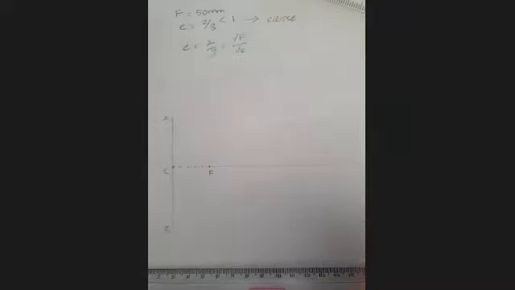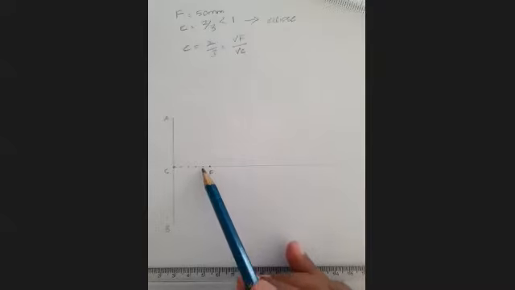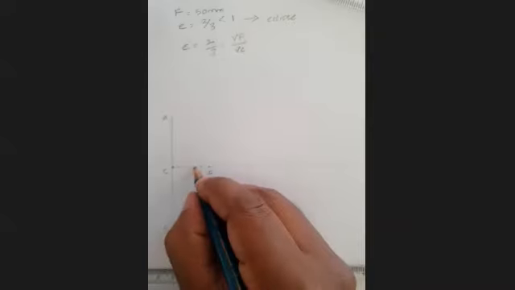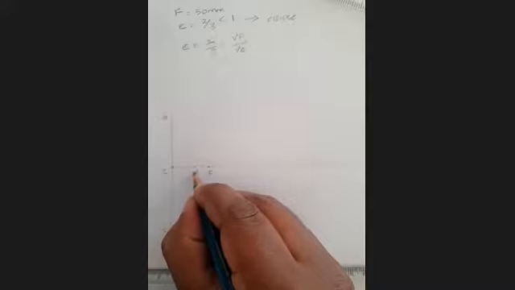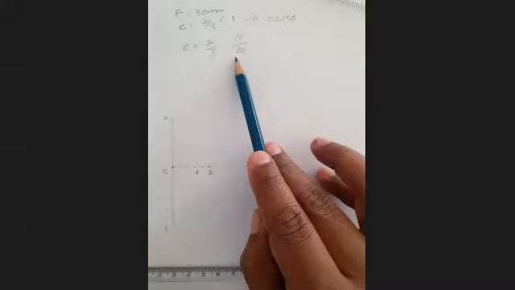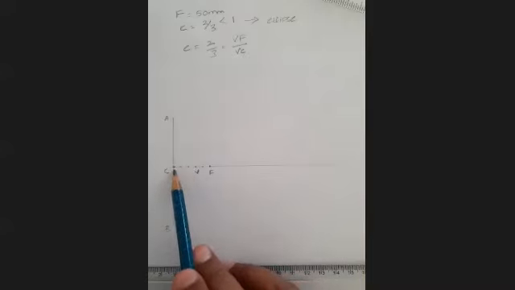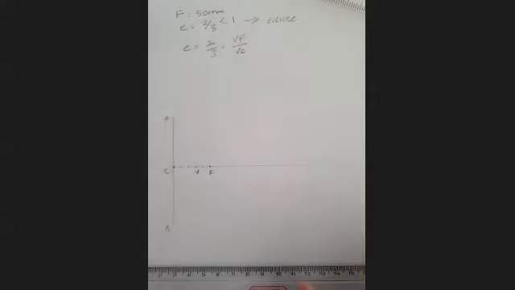So in this 5 divisions, 2 divisions is for VF. So F is here, 1, 2. So this will be your vertex V. And let us check whether we have allocated 3 divisions for VC or not. You see, VC is this, right? This is V, 1, 2, 3. So that means it is satisfying both conditions. So the point we have allocated for vertex is correct, right?